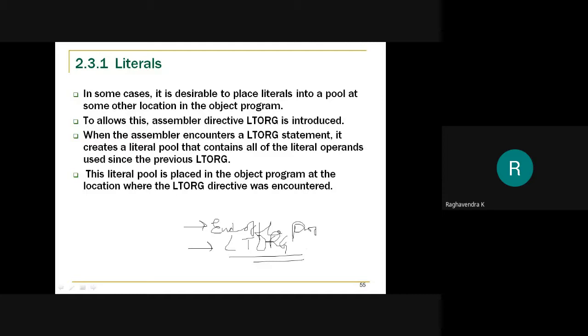This LTORG is going to place the literals immediately after it. Whatever literal values the assembler has seen so far, until the LTORG statement, the assembler is going to place all of those literal values after the LTORG statement. This is one of the advantages that we have by using the LTORG statement.